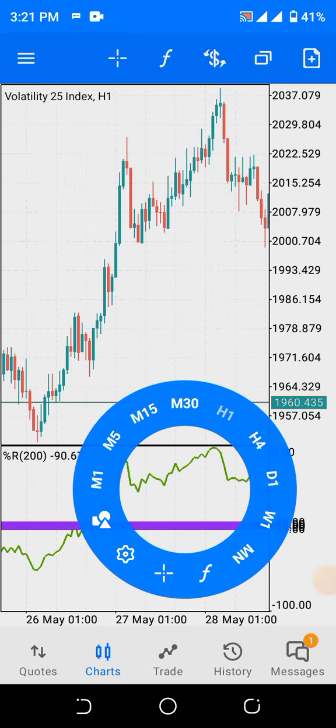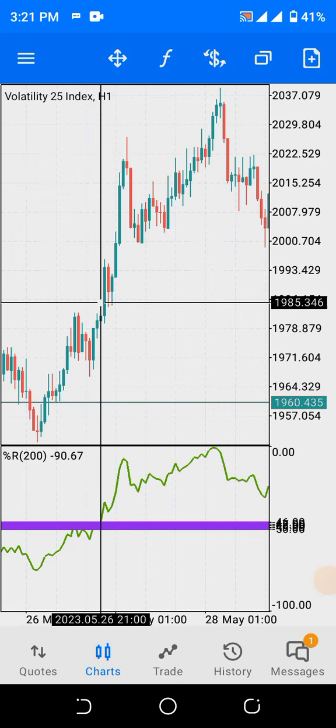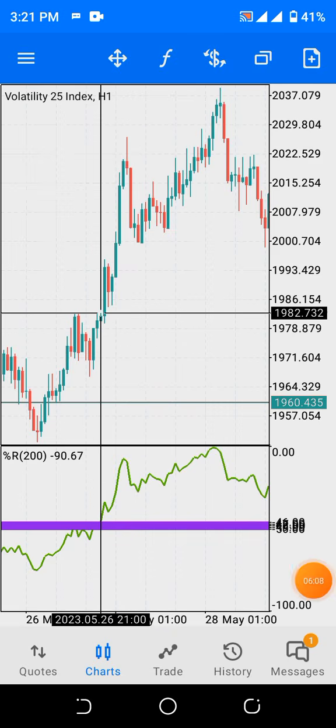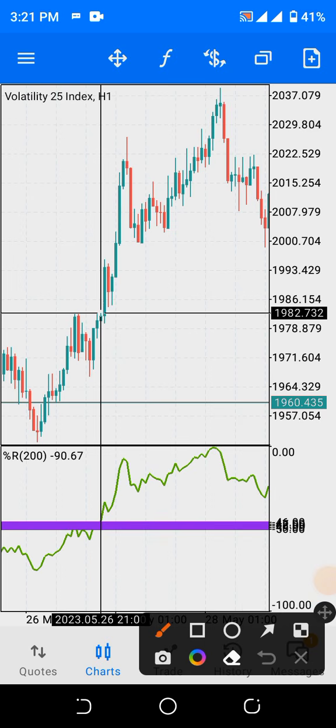This is another auction here. This is another clear buy entry. Do you understand? So you make your buy entry at this point. This is a clear buy entry. So you make a buy entry at this point of auction. This is the point where the Williams percent range indicator crosses the purple line. You understand? And this candlestick where the correction occur. So that is where you need to do what? Make your buy entry, and this is a huge profit for you.